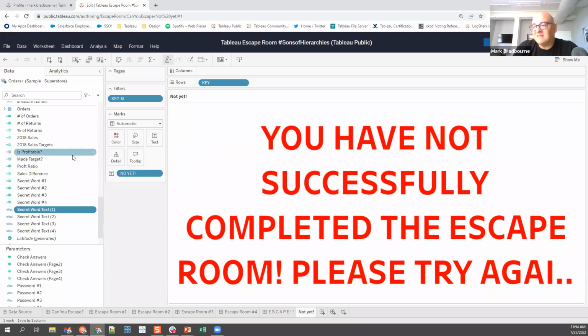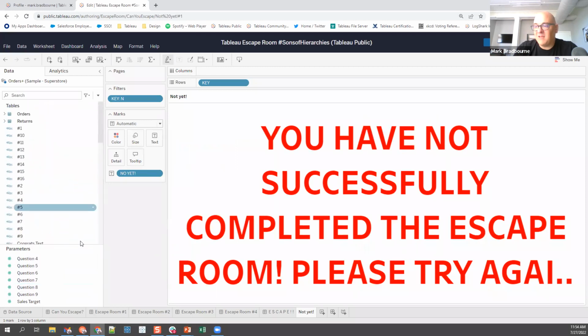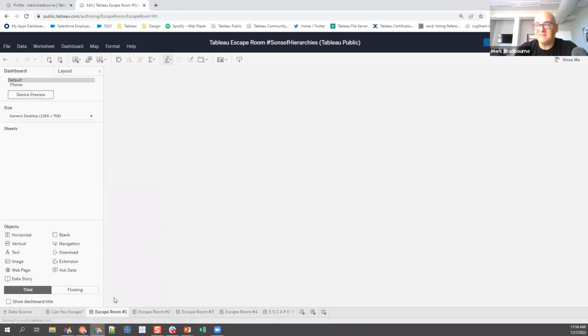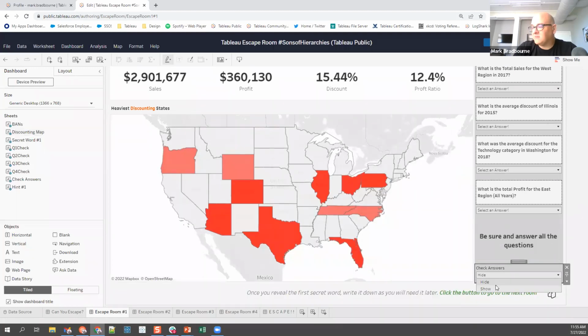But you can obviously see there's a ton of calculations and parameters that went into making this beast of a project work the way that it should. You can see I've got the hints, so it says don't forget to reset your filters after each question, and you can click on your map to select states. And then, like I said, you can actually show and hide the answer key if you got stuck. So that's really the escape room, kind of what was possible with